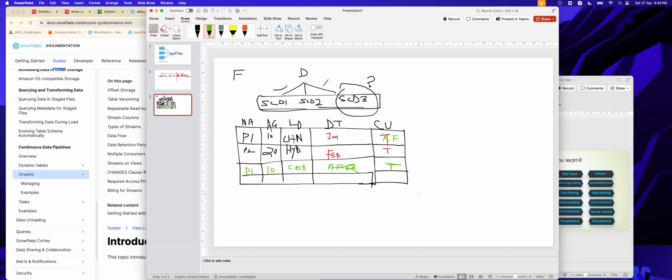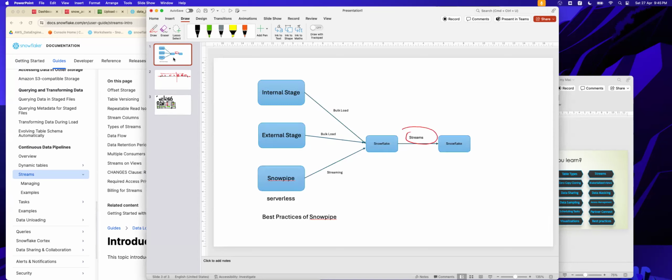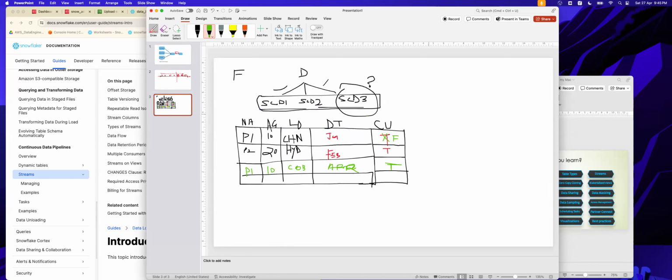Please read about it before you come tomorrow. It will hardly take 15 minutes for you to browse or Google up what is a slowly changing dimension and read about it. The reason is tomorrow we will discuss how to create streams, how to create a slowly changing dimension using streams. And that is what will be a part of our mini project. Are you able to connect what I'm trying to say? What I'm trying to say is,